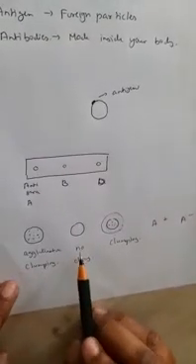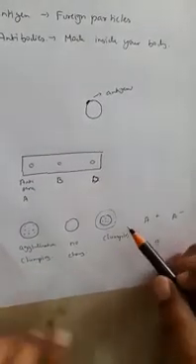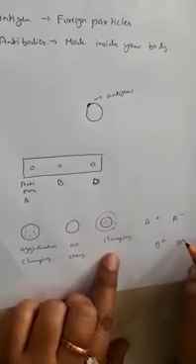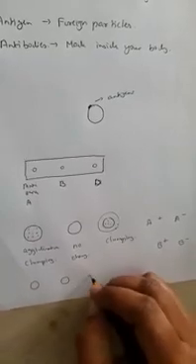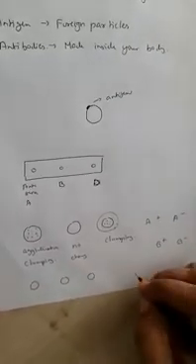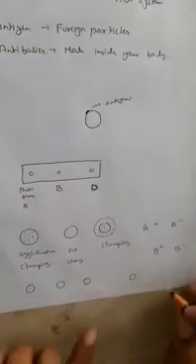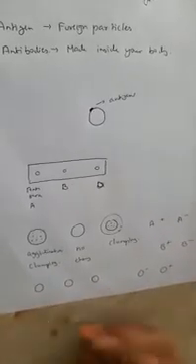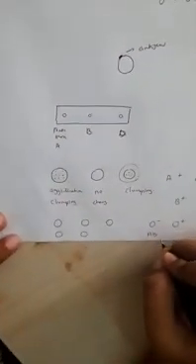If I find the clumping in antisera B, then my blood group will be B. And if I again get the clumping in antisera D, then it is positive. If there is no clumping, it is negative. But if there are no changes in all the 3 drops, that means the person has blood group O. If no clumping, it means O negative, and if you find clumping, it is called O positive.